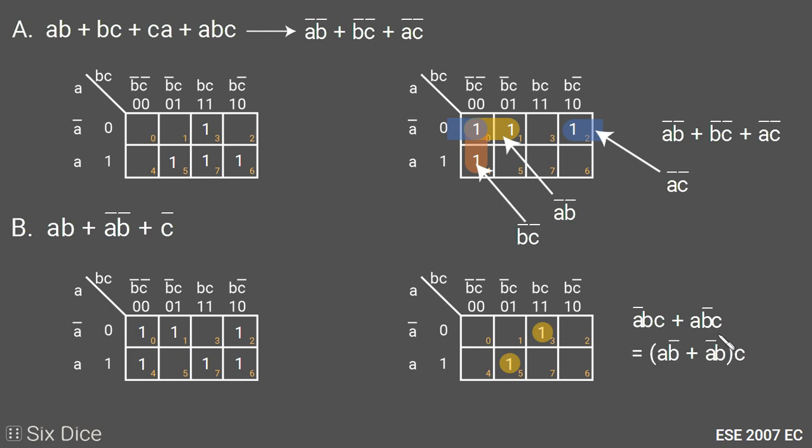So here we get A bar B C plus A B bar C. If we take C common out from these two terms, then we will get A B bar plus A bar B, which will be A XOR B. So the inverse of this function is, in small bracket, A XOR B, and into C.